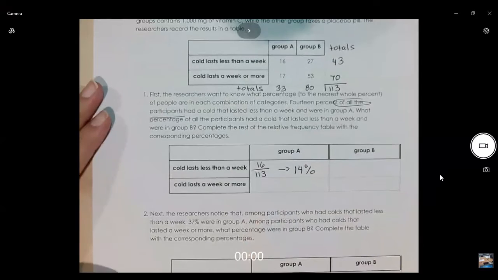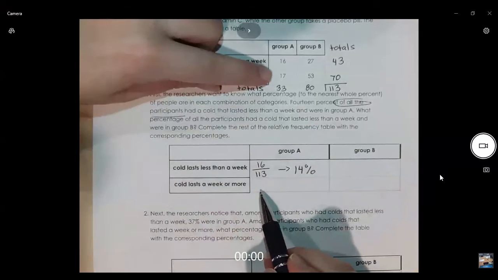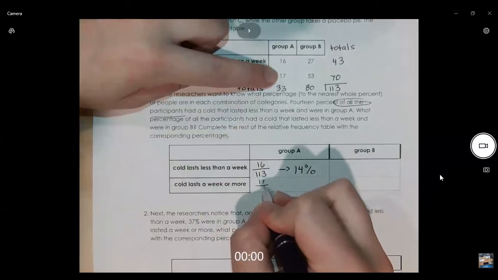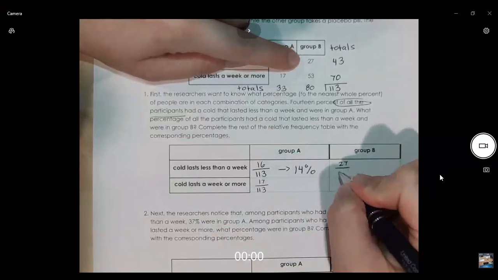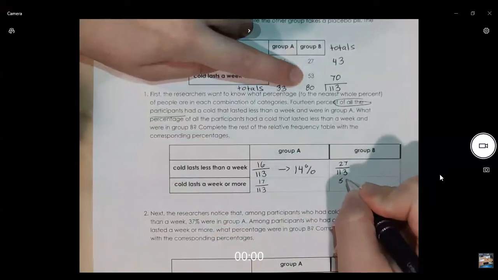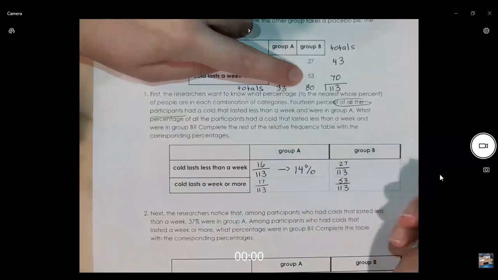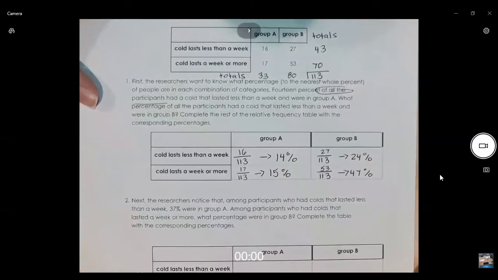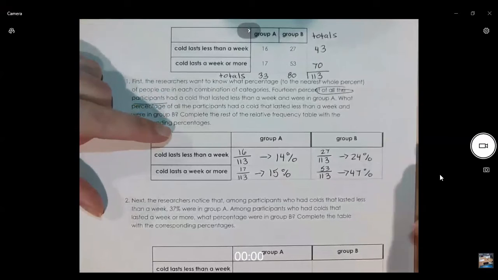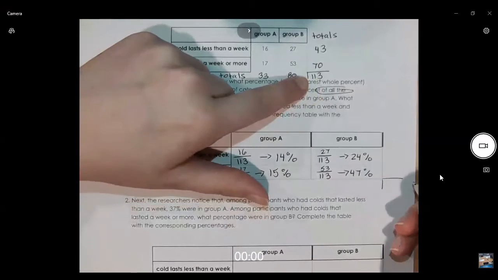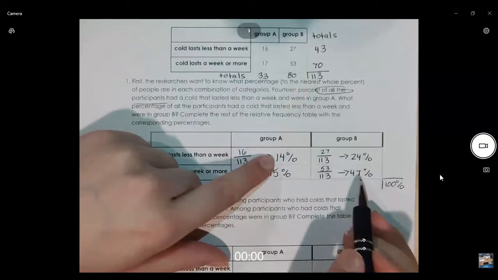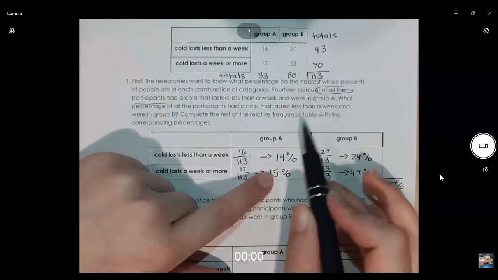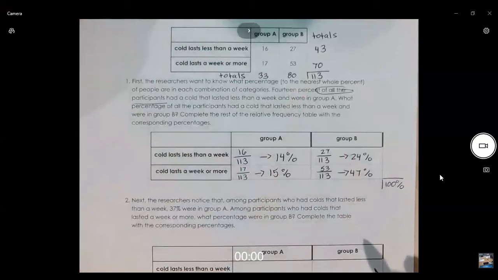So I'm going to do the same thing for the rest of these. So for example, in this one, it would be 17 out of my 113 total, 27, and then 53. And so I'm going to grab my calculator real quick. I'm going to calculate these percentages. You'll see from what we've calculated here that these percentages were out of this big total down here at the bottom. So this is 100% when I add all my totals together. So this is out of your entire total,